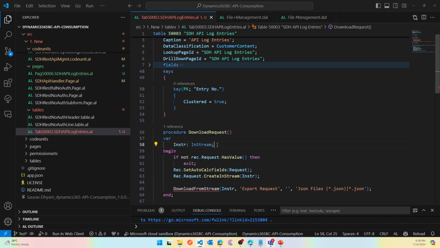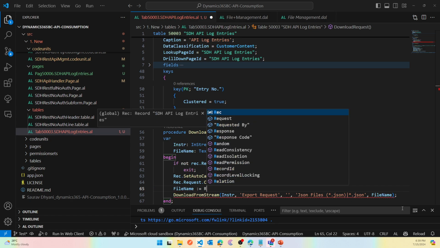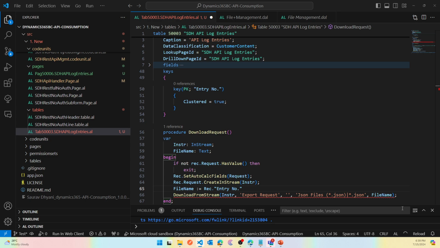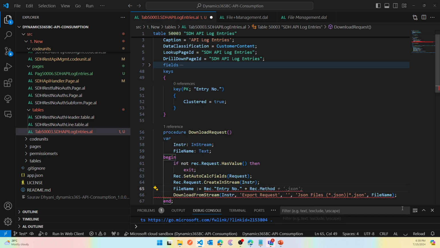So we'll create a variable here called file name of type text, and let's fill in the file name before we go further into it. Okay, so how do you make the file name? Let's do rec.entry number, and let's do rec.method, and then rec.requested by,